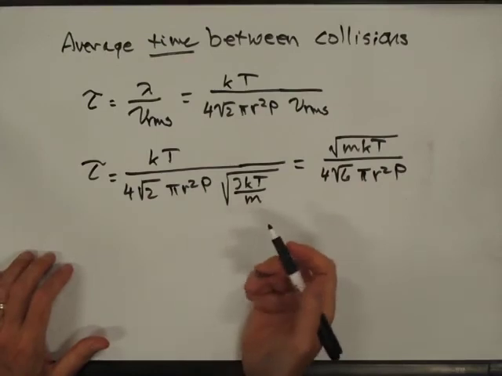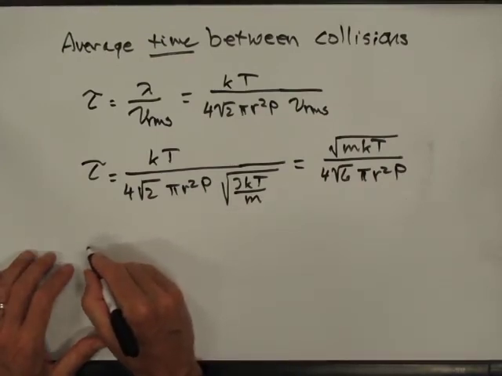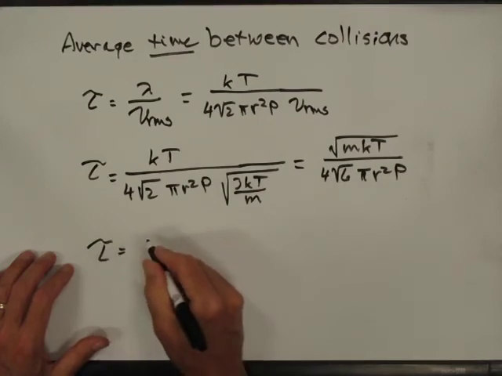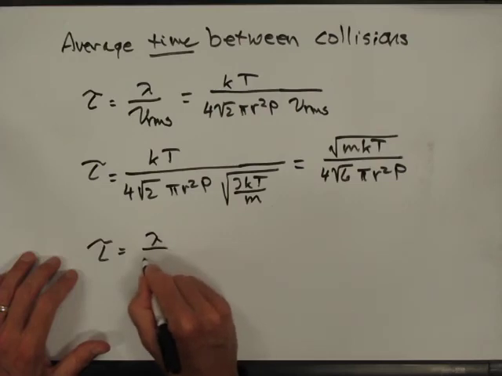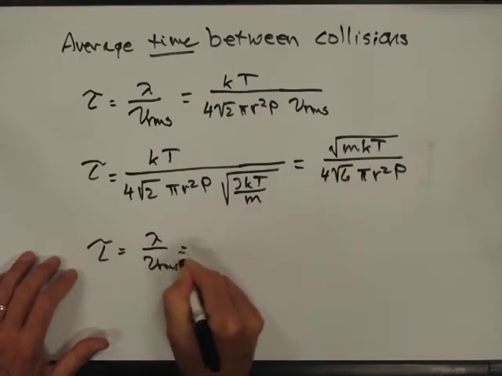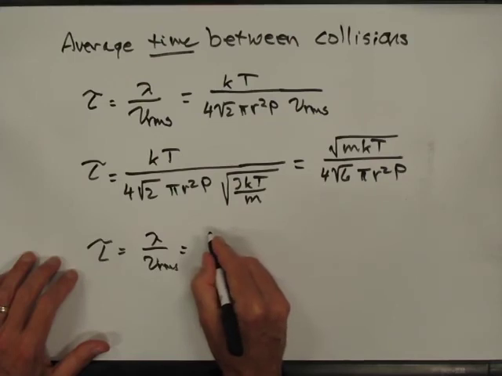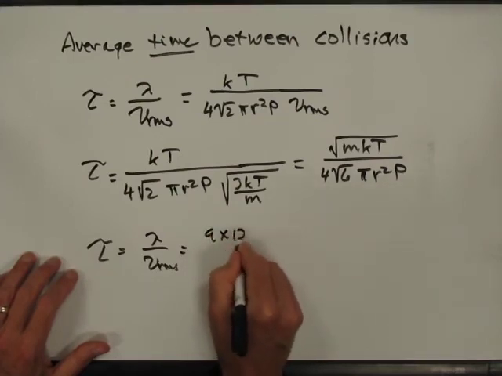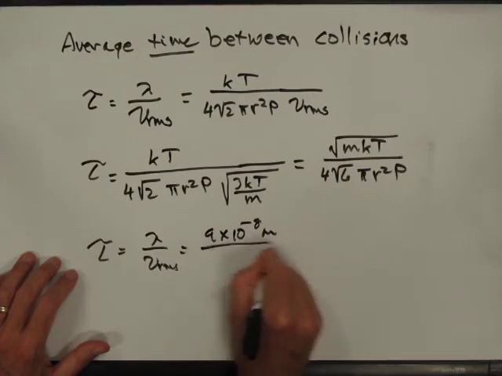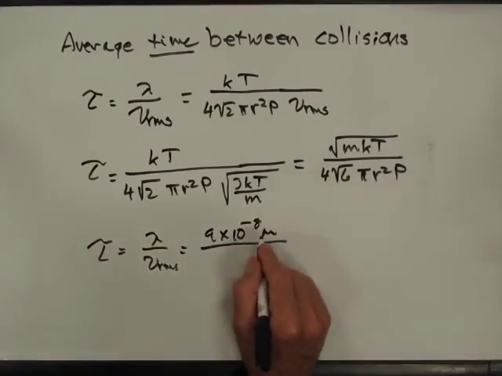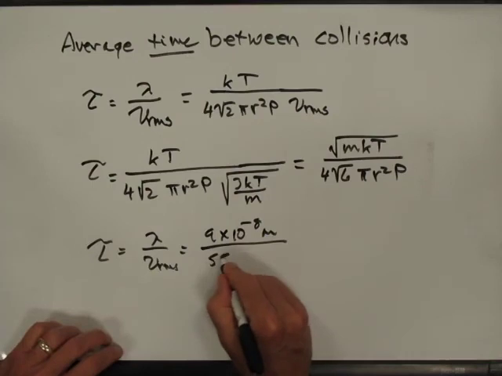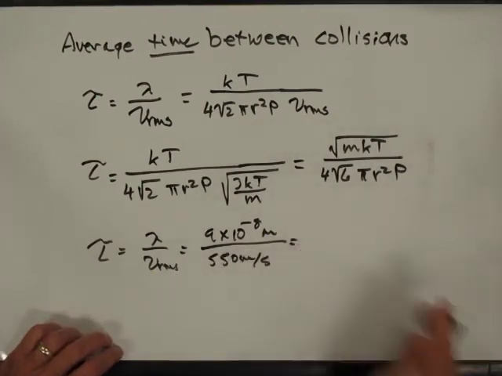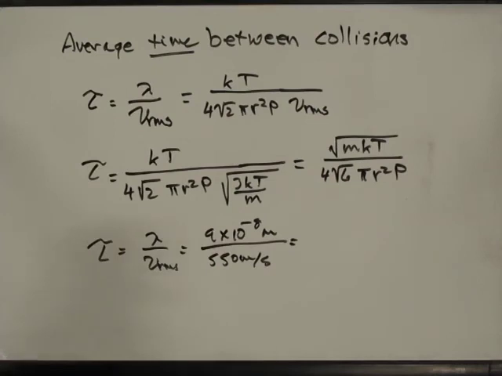And if we wanted to do nitrogen, we've already done that, because we can already say that for nitrogen, the mean free path was about 9 times 10 to the minus 8 meters divided by the velocity of the nitrogen molecule, which is about 550 meters per second. So in round numbers,